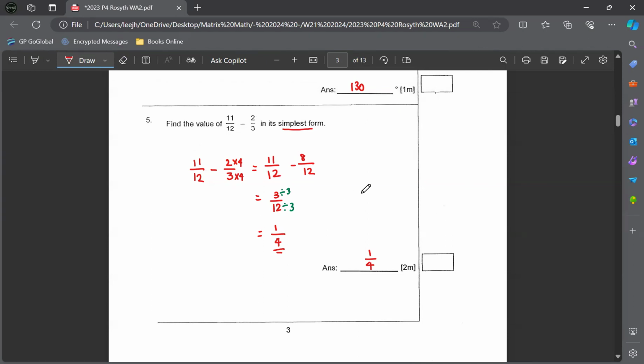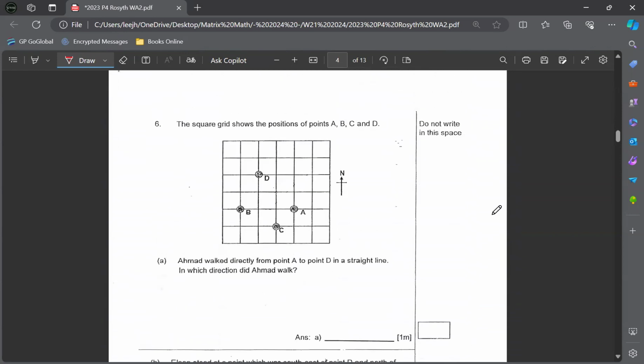Okay, question number 6. The square grid below shows the positions of points A, B, C, and D. Okay, so you have seen this here. So question A is asking: Ahmad walked directly from point A to point B in a straight line. In which direction did Ahmad walk? So point A to point B. So A to D is this way. Like, if I were to go out